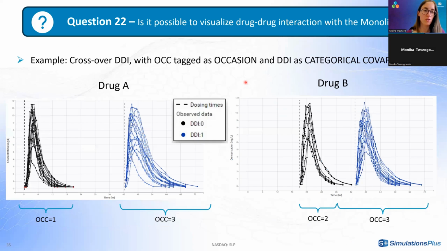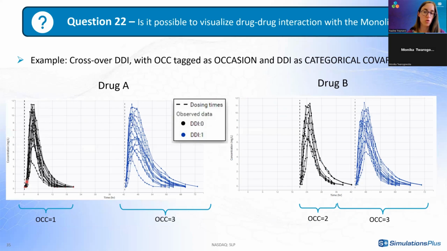Then the last question on the advanced modeling in Monolix is: is it possible to visualize drug-drug interaction with the Monolix suite? And yes, it is possible, but it depends on the design of your study. So one possibility that I wanted to show is if you have something like this crossover example, where you have